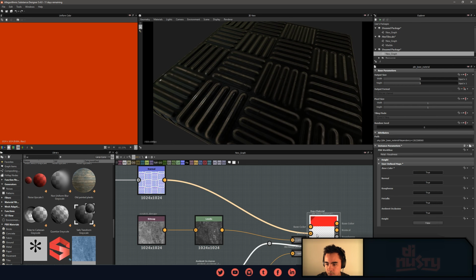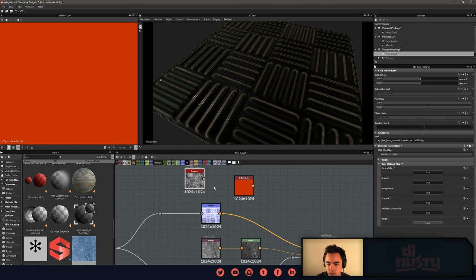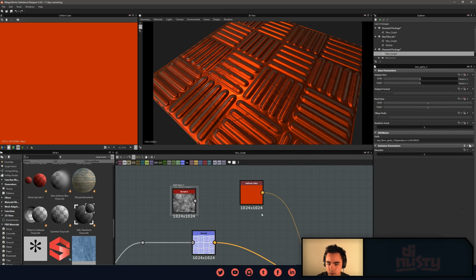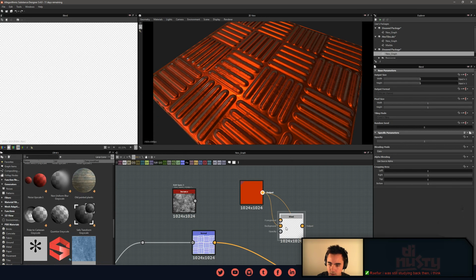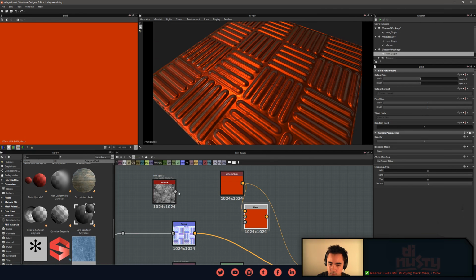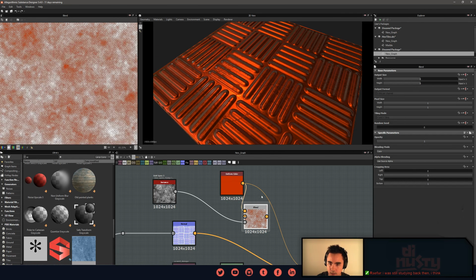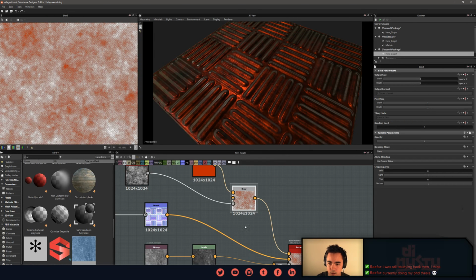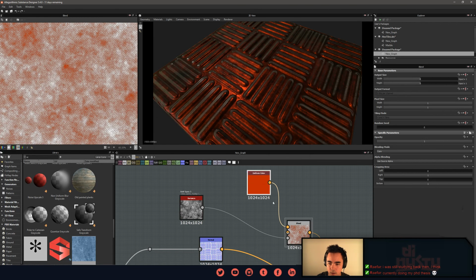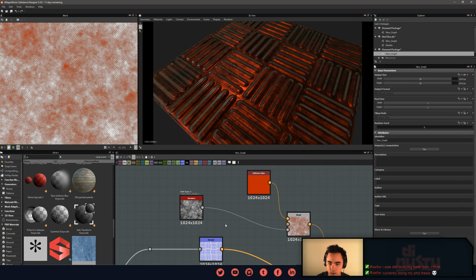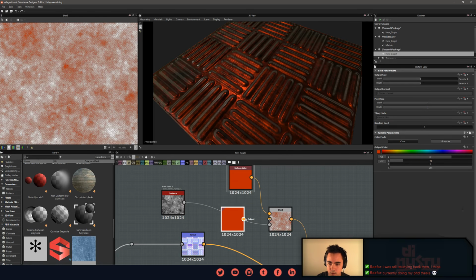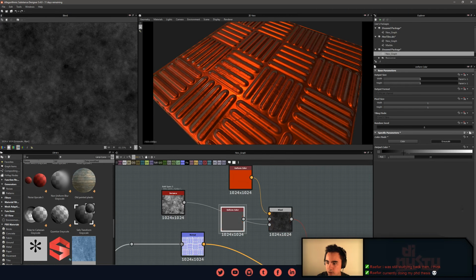And we're gonna expose the base color. So right now this is all red, right? And we want to blend using a mask. Put that blend here. Like a uniform color, so the metal will be